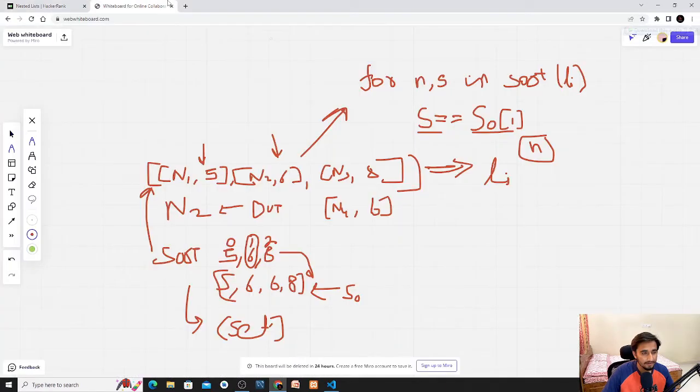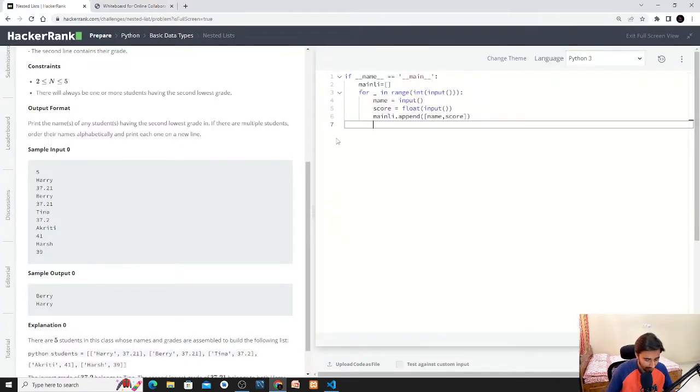So what do we have to do next? We have made this list. Now we have to perform sort. There is a predefined function in Python that is sorted. We will store it in a variable. Let's say I stored it in second, because we need the second lowest.